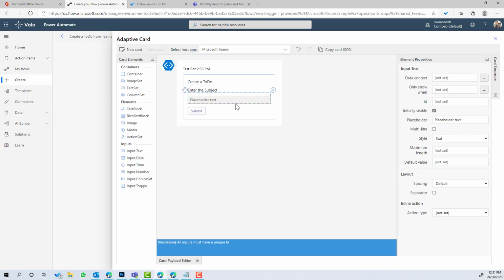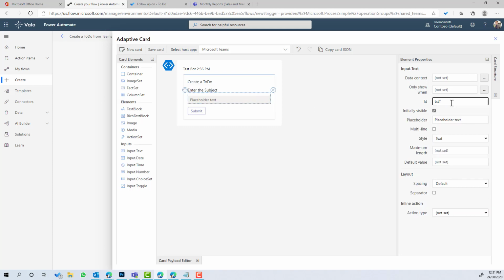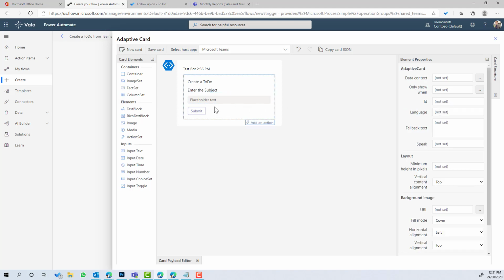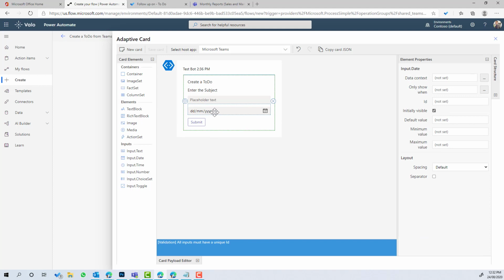Now we need to give this an ID, so we're going to set this as the ID of text subject. And the other thing that I want to do is add also a date, input date as well. All right, so that's going to allow us to set